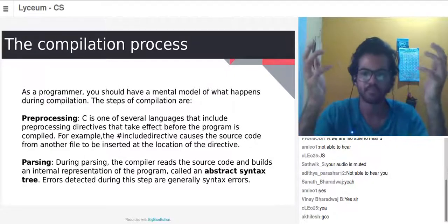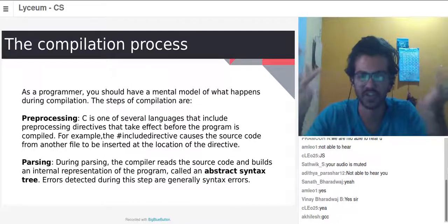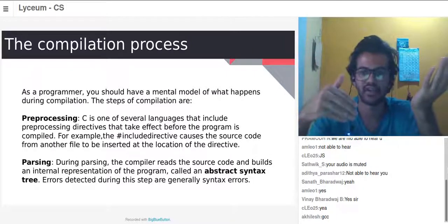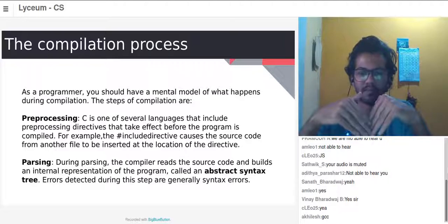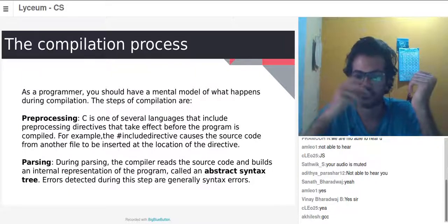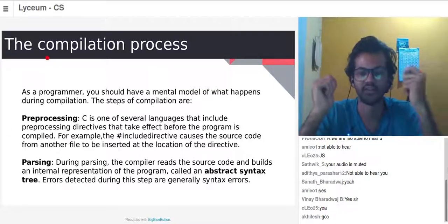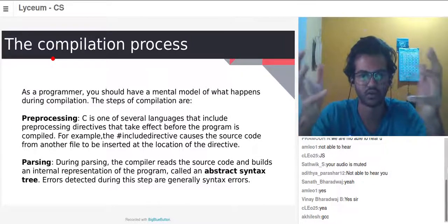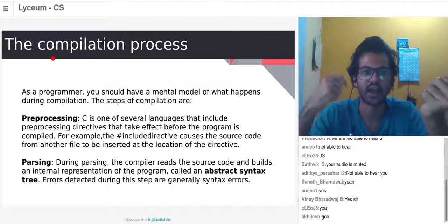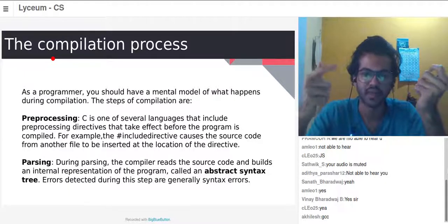It means that we are taking a directive. The directive is: stdio.h is a file, and we are importing that file inside our code, and that is used for IO functions, all IO operations. So first, the pre-processing is done by the compiler, and it sees that okay, this particular program requires stdio.h, which is a file, and we need to open that file and see what's there in it. And then it